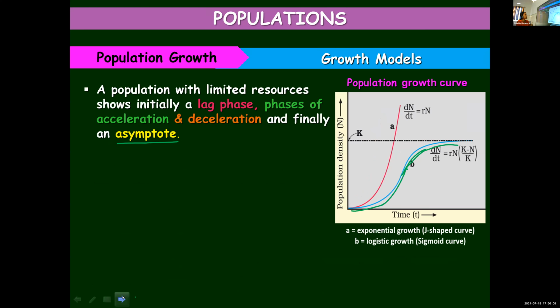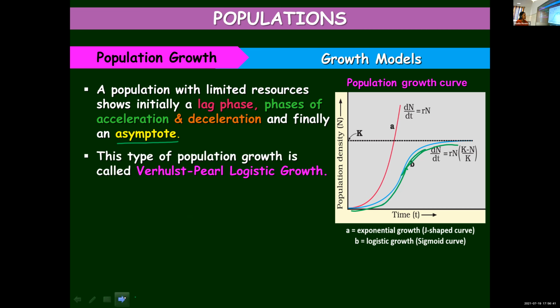And then we learned that in a sigmoid curve or logistic growth curve, you can distinguish different parts. The lag phase, that is a slow phase in the beginning. Then there is a rapid increase, which you call the acceleration phase. Then there is a decline, you call it the deceleration phase. And finally, an asymptote. Asymptote is a line that the graph approaches but will not cross or intersect. And this growth curve, we even call it the Verhulst-Pearl logistic growth